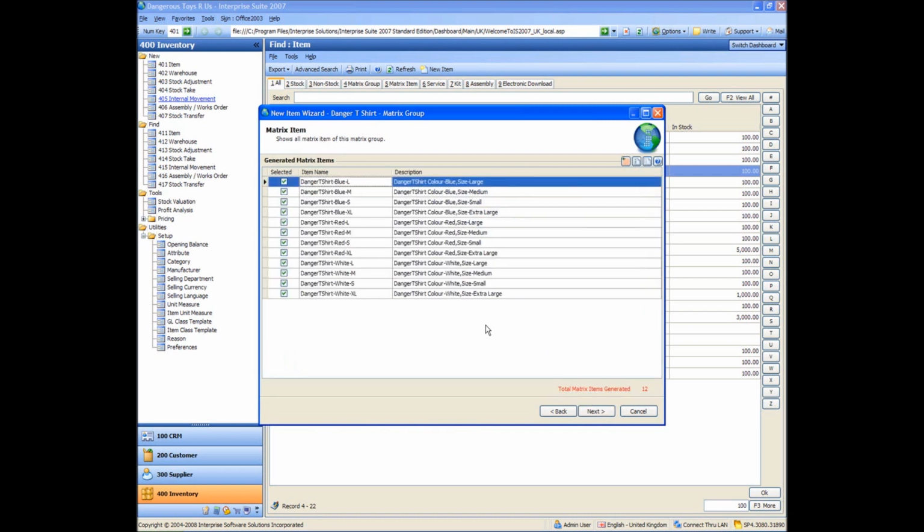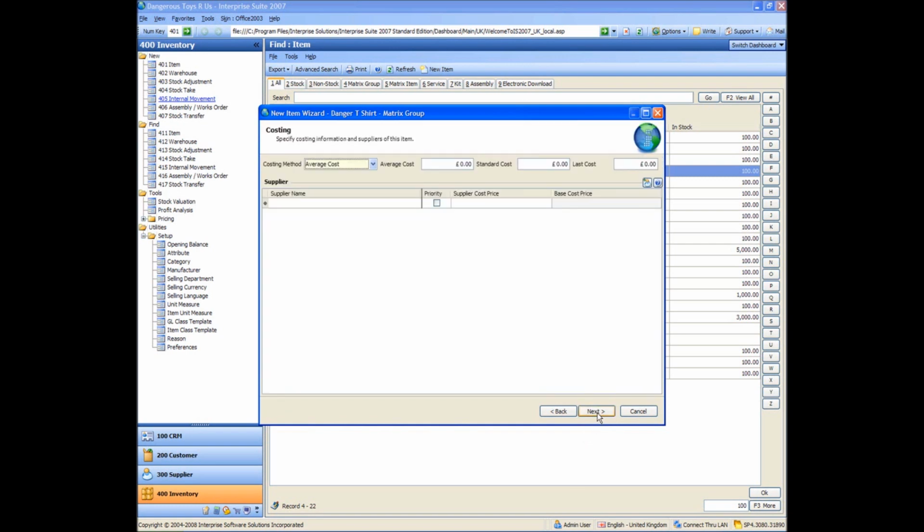Okay, and then when I go next out of that, it's saying these are all the items that it's going to create for you, and I can untick some if I don't want certain combinations, but as standard I'm going to just leave that as it is. Okay, and next, and then this